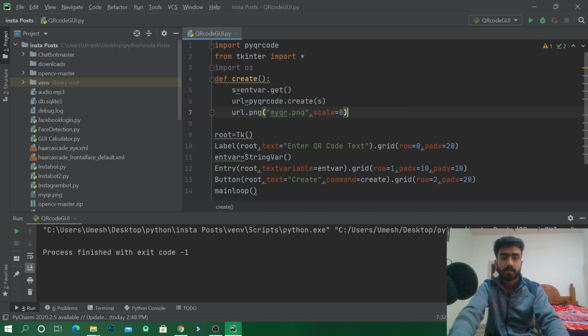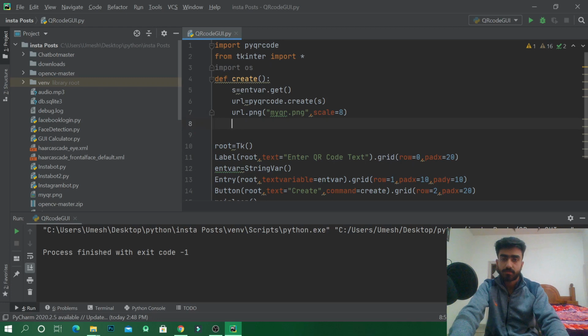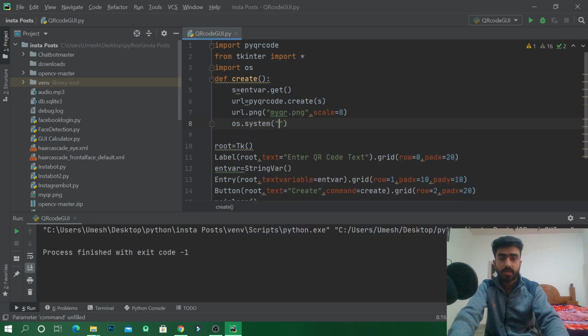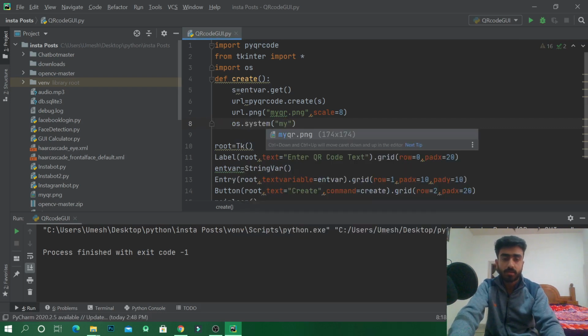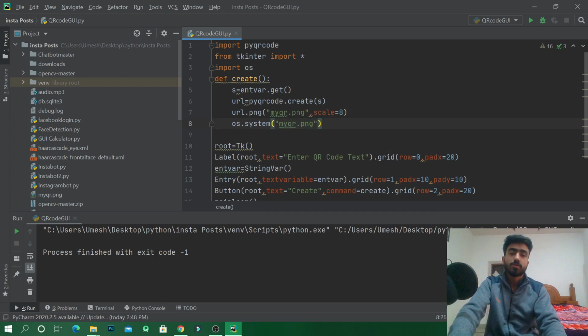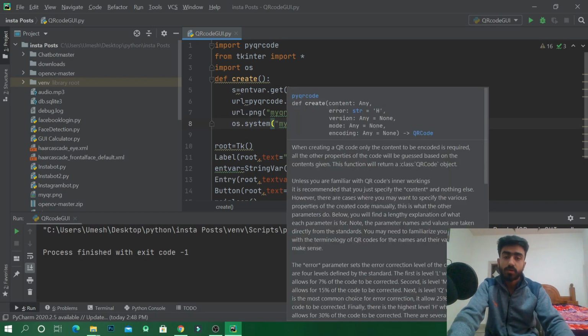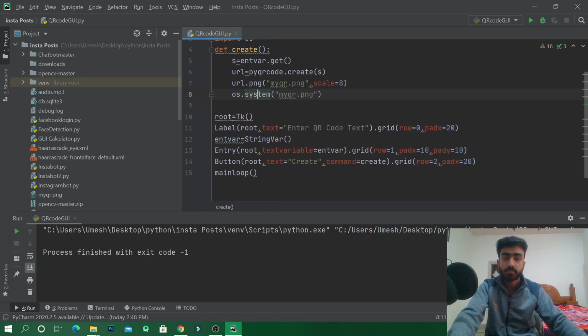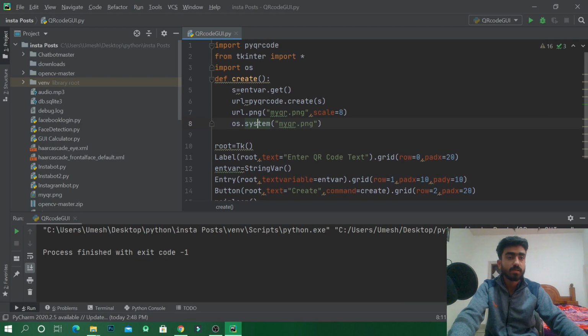Okay, after that we will open this PNG, os dot system, write the name of the file, myqr dot png. So whenever we press this create button, it will create a QR code with that text. So let's see if our program is working or not. Let's play this.